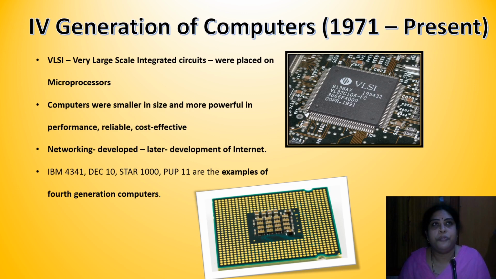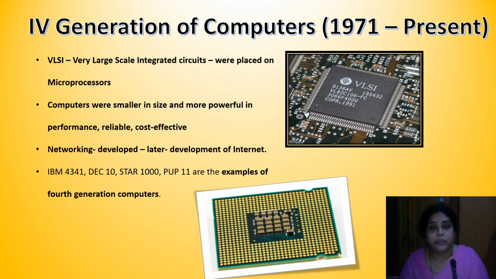Now talking about the fourth generation computers, now they had one IC, they thought, okay, let us put thousands of ICs, then millions of ICs, billions of ICs into one integrated circuit. So this became the very large scale integrated circuits. And there was the development of the microprocessors. So these were known as microprocessors, where all the capacitors, billions of capacitors, resistors, transistors were all fabricated as one chip, and this microprocessor could act as your CPU. It was one CPU which was known as the microprocessor, and it increased the speed and the effectiveness of the computer tremendously, and also it became very, very cost effective.